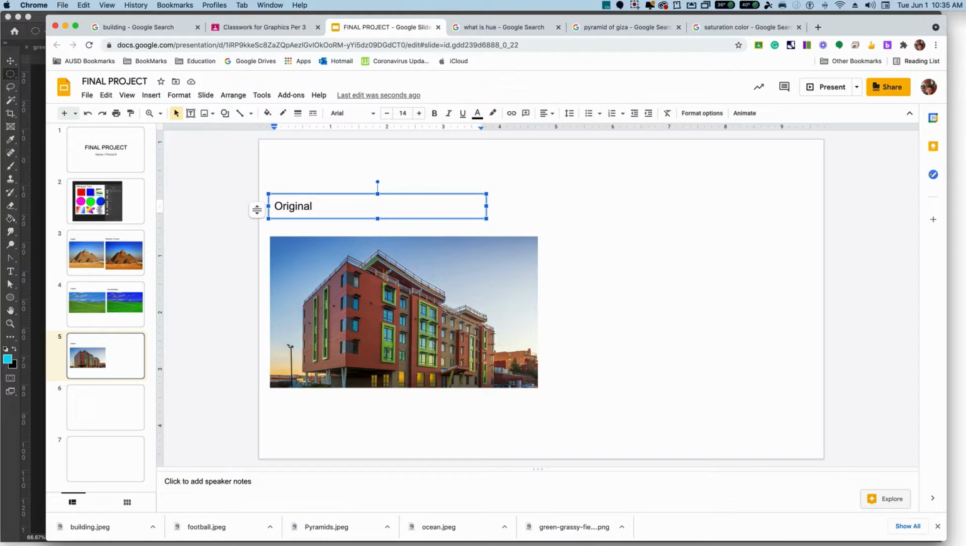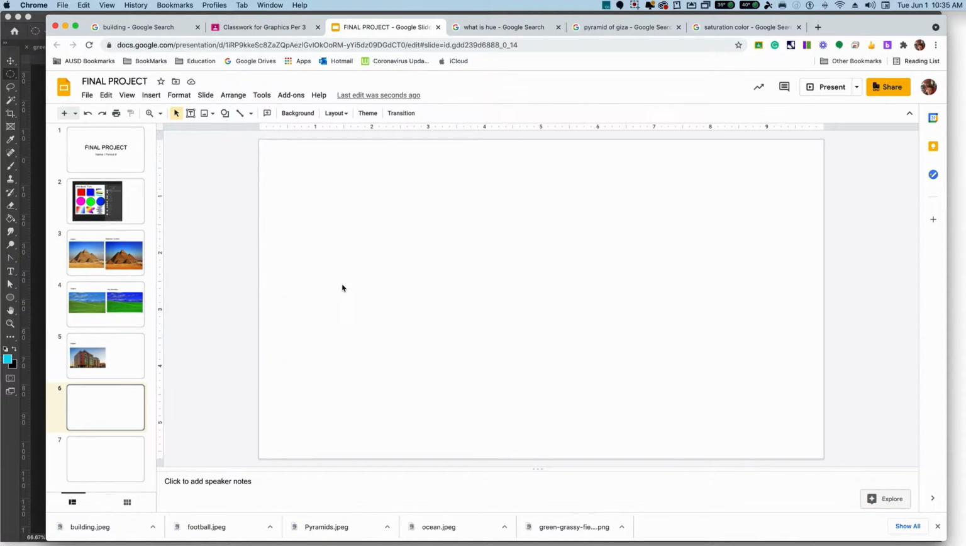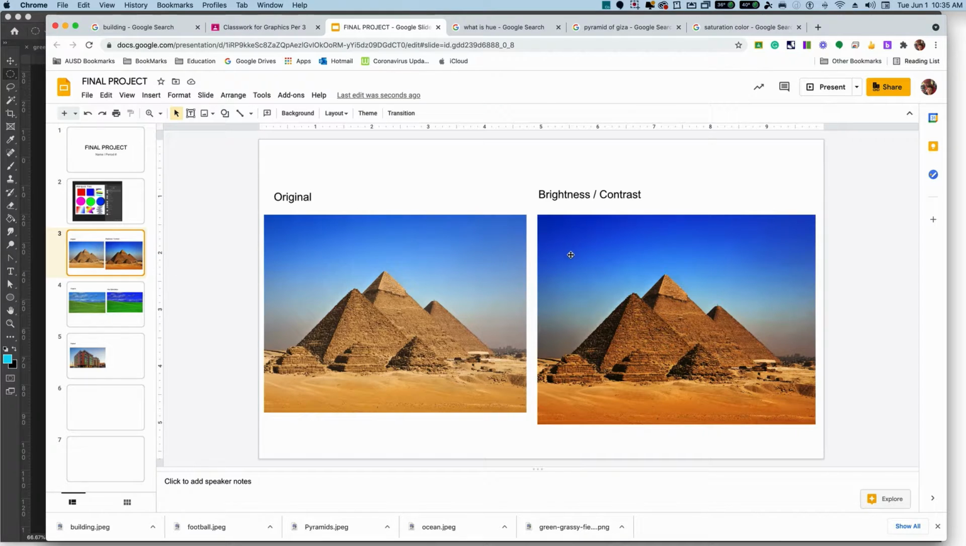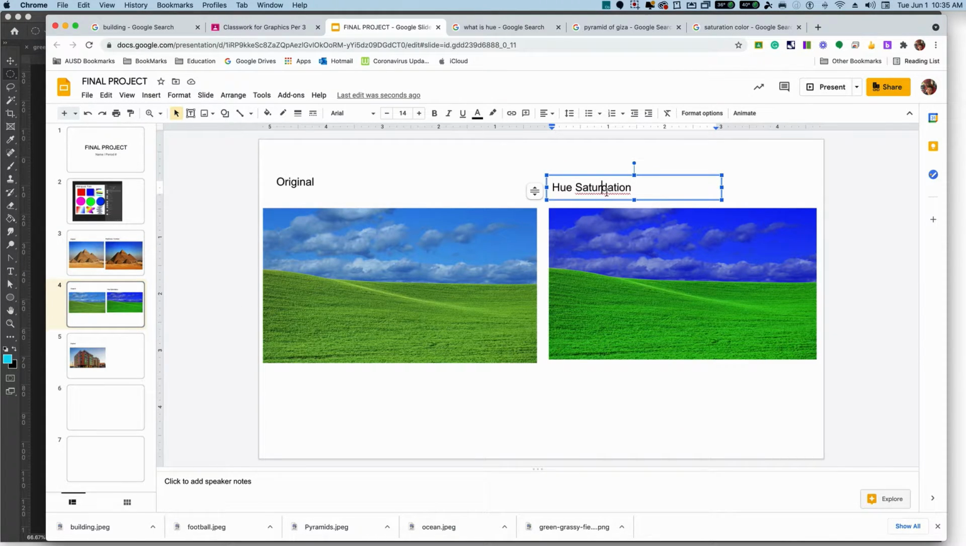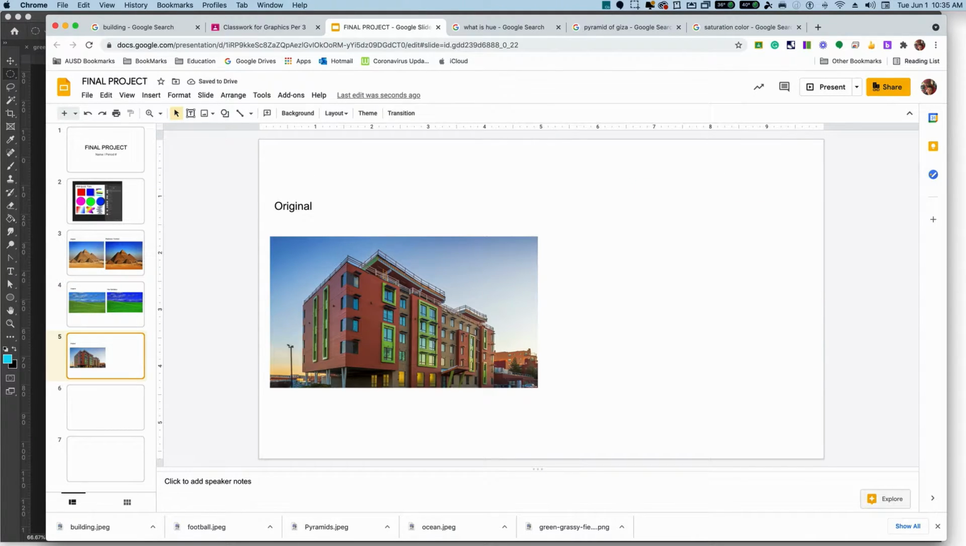What do you mean the first image? Just leave it alone. This image that I have right here. Oh, the first slide you're talking about is brightness and contrast. Second one is hue saturation. I spelled saturation wrong. Saturation. All right. And this one is going to be